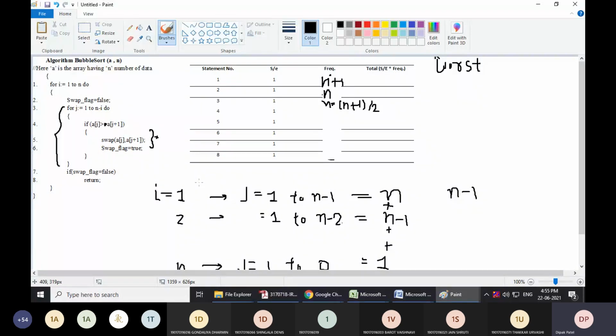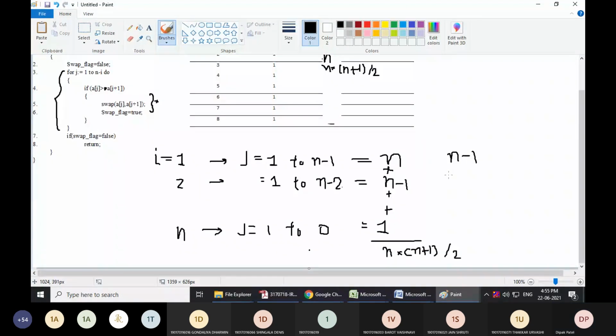So just subtract 1 from each iteration: n minus 1, n minus 2, n minus 3, up to the last value, which is 1.